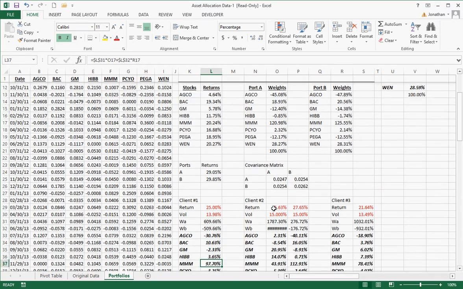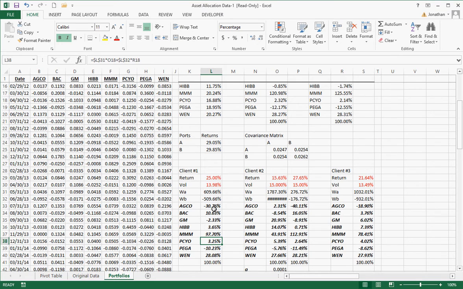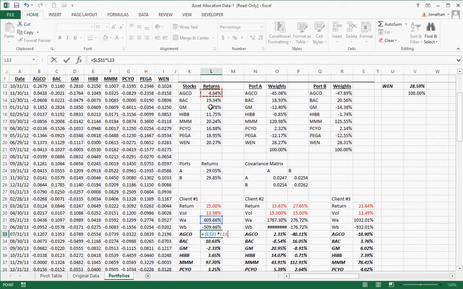So now I need to find the weight of each individual asset, because this, in bold and italics, is what you tell your client to buy. You know, I have $10 million, so a little over $1 million goes into Bank of America. The way that works is you take the weight of portfolio A, which is an artificial portfolio, lock that down, it's not going to change, and multiply by the weight of AGCO in portfolio A, plus the weight of portfolio B times how much AGCO is in portfolio B,